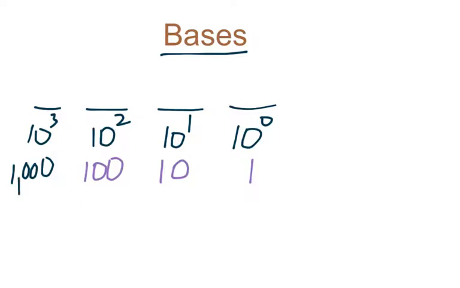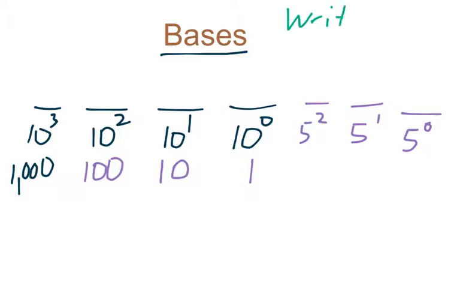So base 10 is just that number 10 to whatever power, 0, 1, 2, 3. So if we want to use a different base, for instance, base 5 would just be 5 to the 0, 5 to the first, 5 to the second. So if I wanted to write a number in that base, let's write 68 in base 5,